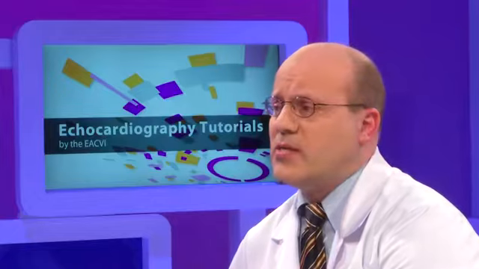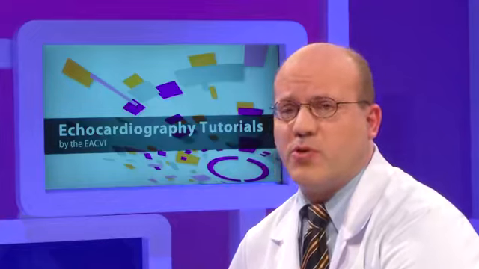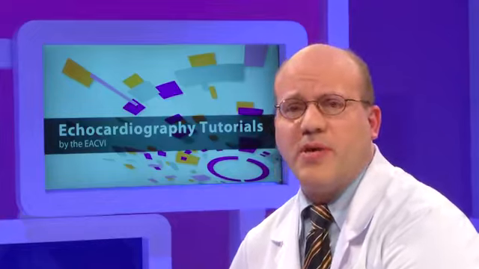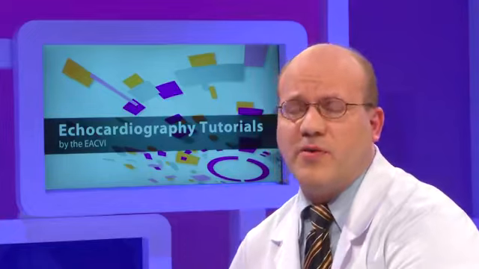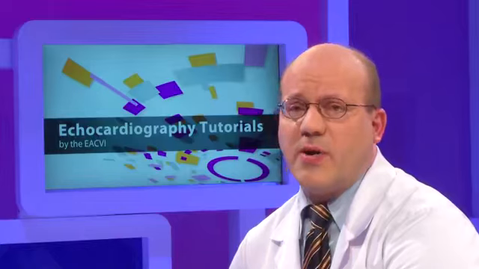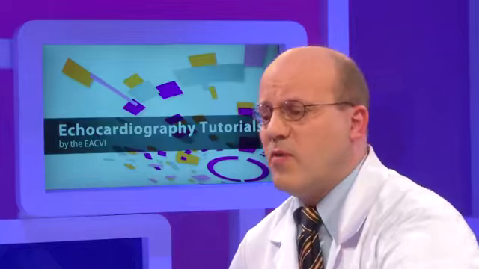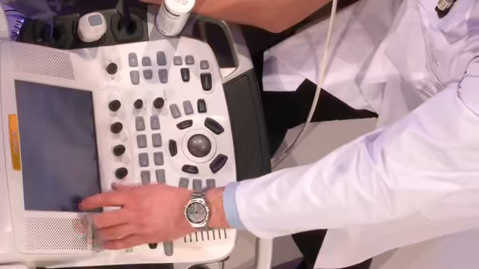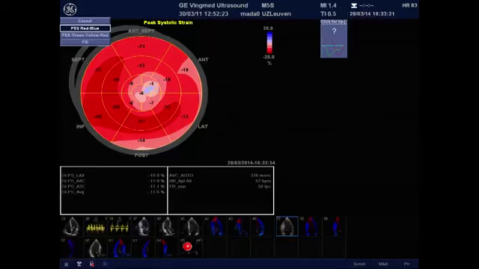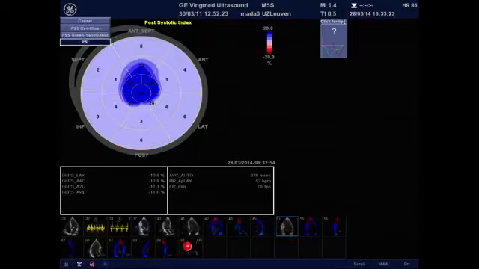So you have noticed that some of these curves show postsystolic shortening, and post-systolic shortening appears exactly in the area of the infarct. And we have a special color map for that, which can indicate where post-systolic shortening is. For this, I just have to change the color map from the end-systolic strain color map to the post-systolic shortening color map, and you see how impressively clear you can show the region of the infarct by using post-systolic shortening